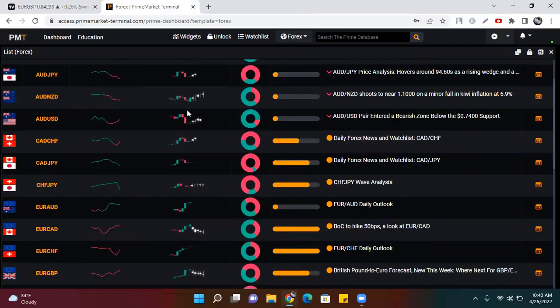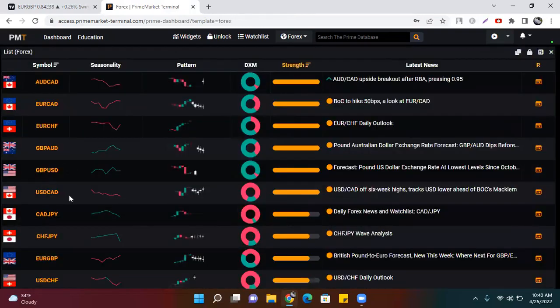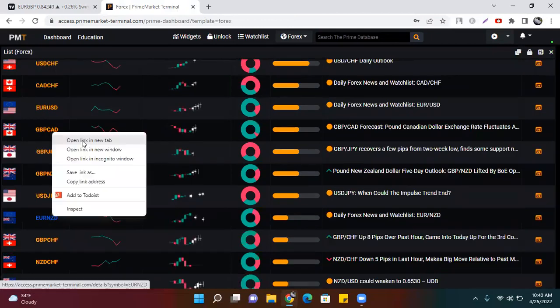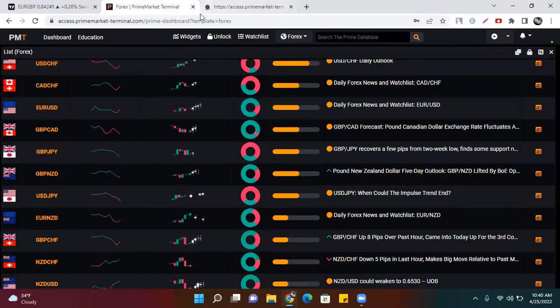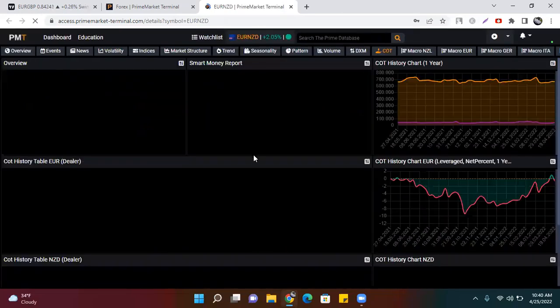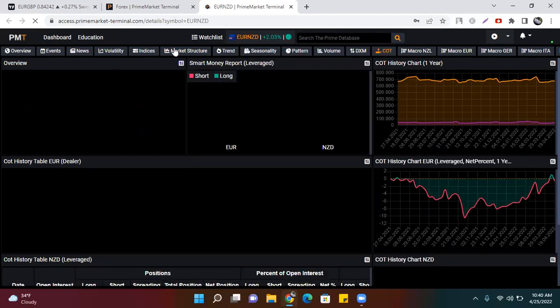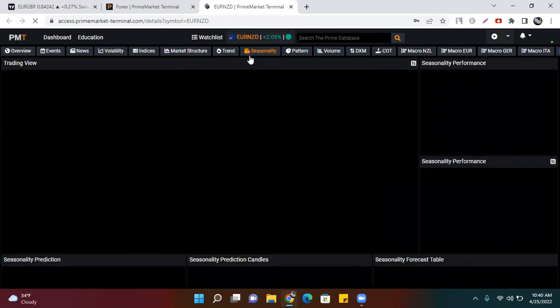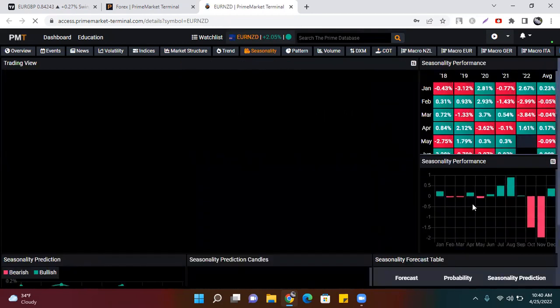Euro New Zealand dollar is going to be another contender of mine that I'm looking at doing some big swings with this week, kind of a more intraday style. So it might be more medium term, just like the Euro Great British Pound, but I might hold it for a week given the COT flip data, right? So this is the same story, you know what I mean? Seasonality, you gotta check that. You have other confirmations as well you can use, but I'm not going to cover that today because it's about